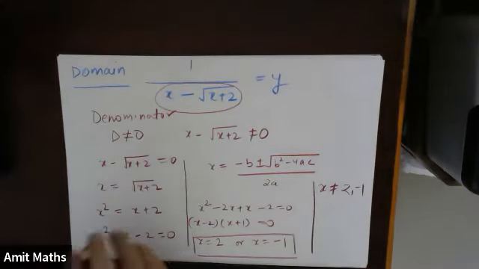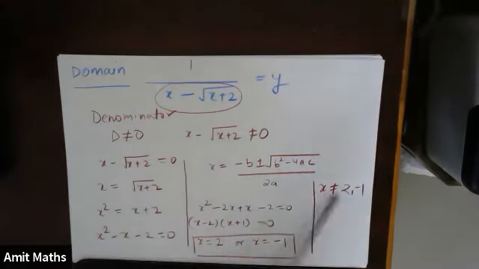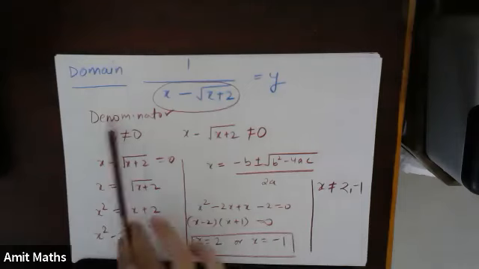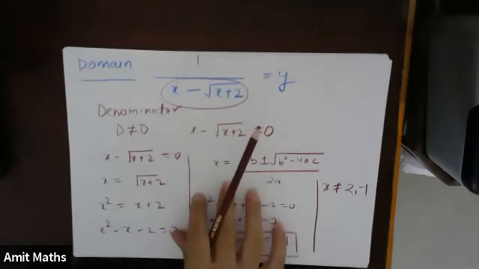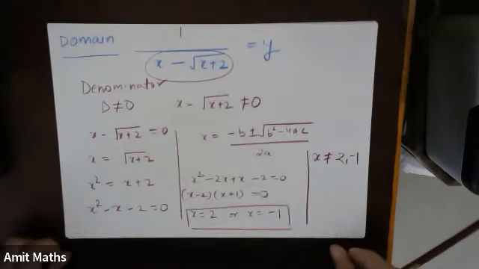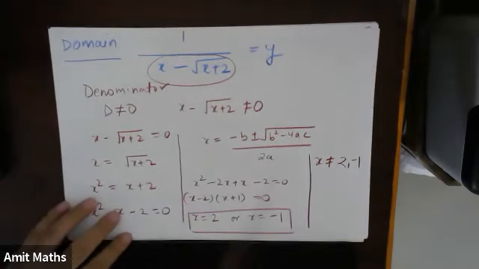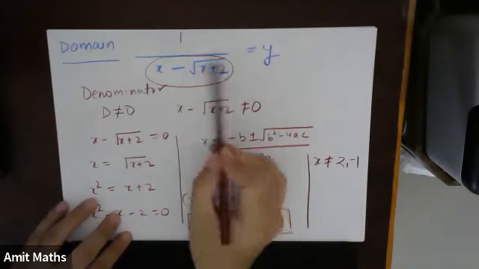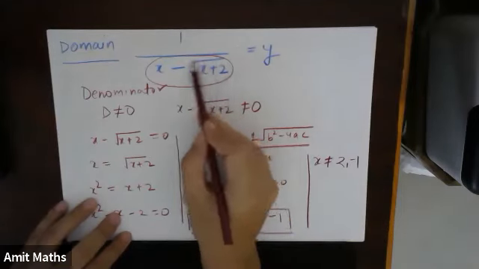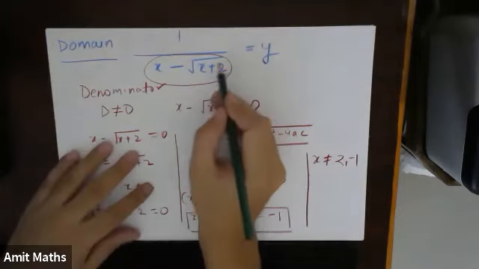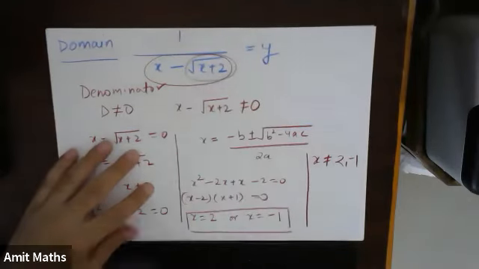But many of you have noticed that this will not be the complete answer. And why is this not the complete answer? See, the denominator we have taken care of, so this is fine. But there is one more problem creating thing in this. What is that? There is a root in this. How do we tackle this root?